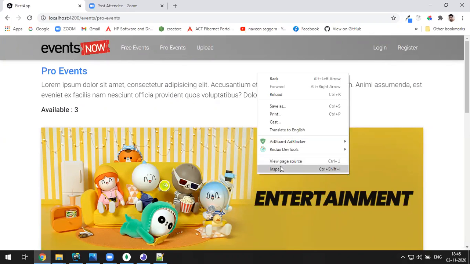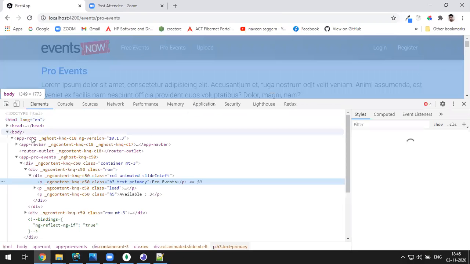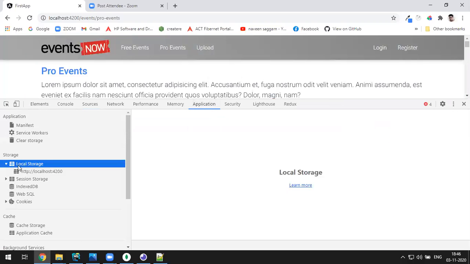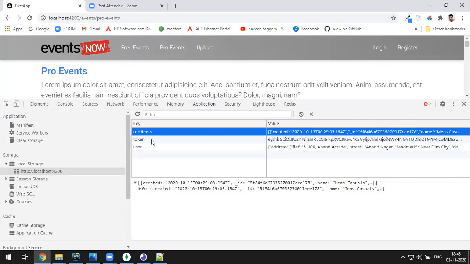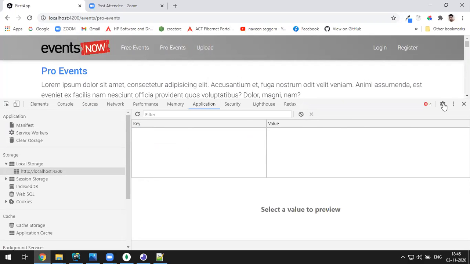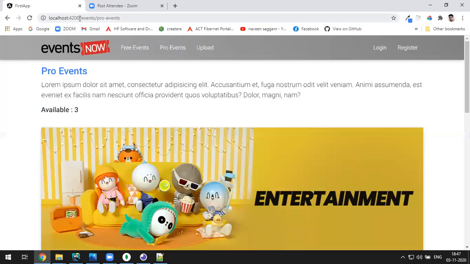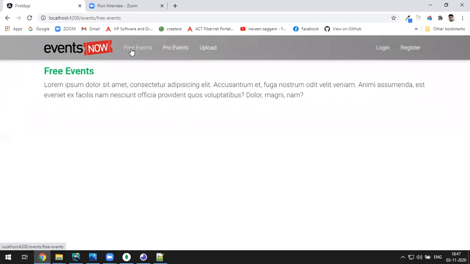One second. Inspect. I go to the application, local storage. Let me delete the token. Yeah, I have a token. Oh, too many things I have. I just delete everything. Okay, I don't have anything here. It means I am not logged in. So without login, I go to the homepage. Without login, I click on free events. I get